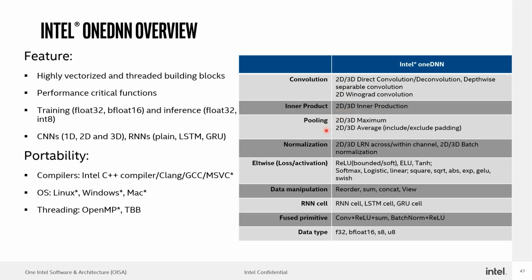Also, it is optimized for pooling, like max pooling, average pooling, as well as for normalization, like LRN normalization and batch normalization. The activation functions are also optimized, like ReLU, tanh, PReLU, as well as softmax, logistic, and linear square, these mathematical functions. Also, there are some data manipulation